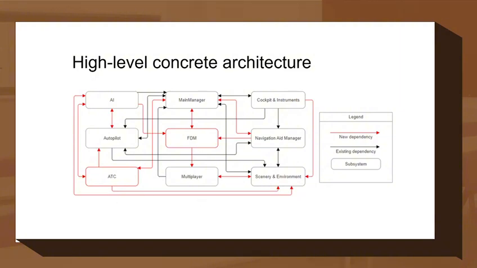And the other one is the ATC, the air traffic control. This module manages the communication and the commands of the aircraft within the airspace, replicating the role of an air traffic controller in the real world. And for the unexpected relations, we can see the red line in this graph, which indicates the new dependency we found. For example, the cockpit and the instrument, and the scenery